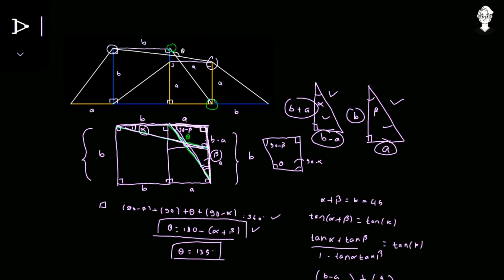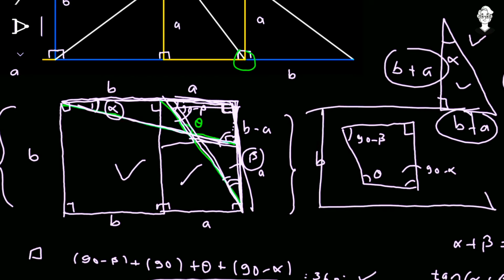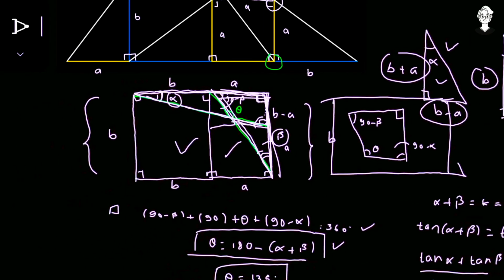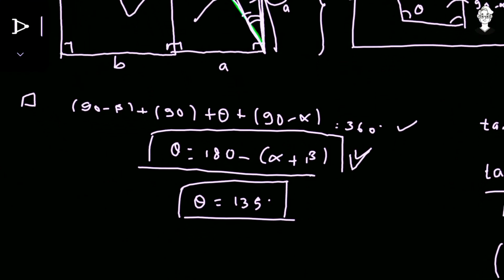So what we did is that first of all, from these 4 congruent right angle triangles, we derived these 2 squares. In those 2 squares, first of all, we just joined the 2 line segments that were forming the angle theta. Then we marked 2 of its angles alpha and beta, and saw that this right angle triangle is there and the other right angle triangle is there, and that is giving this angle and that angle as 90 minus alpha, 90 minus beta. That particular quadrilateral I have zoomed out over there. Then we applied the angle sum property, and we got this particular equation that theta is equal to 180 minus alpha plus beta.